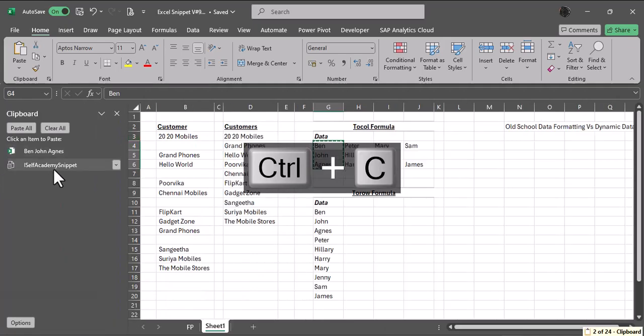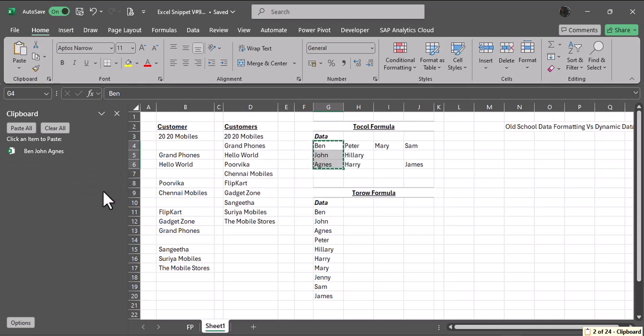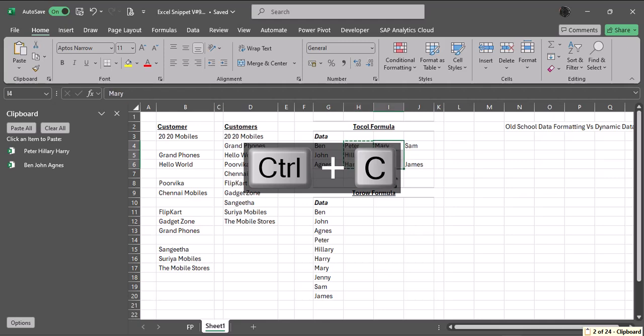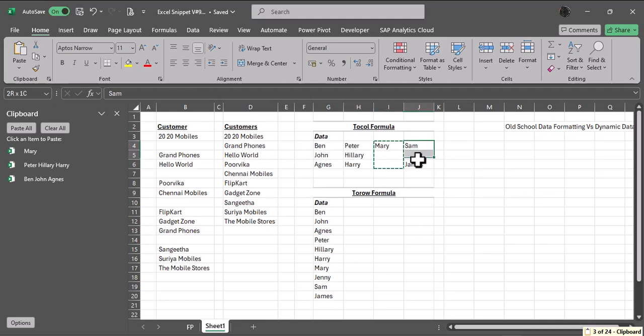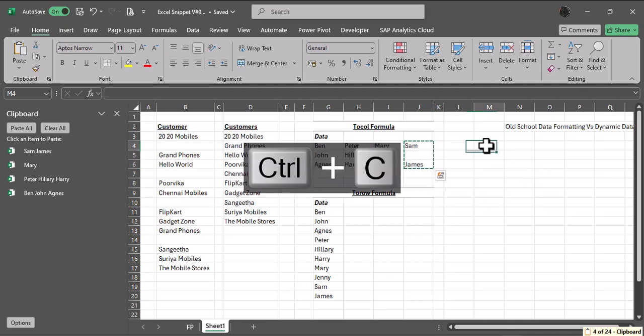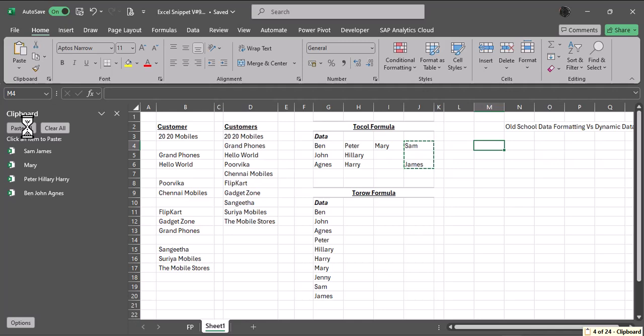That's going to populate in the data set in here, and then I'm going to pick up the next data. I'll say Ctrl+C again. I'm going to pick up the data similarly in the pattern, Ctrl+C, and then I'm going to pick this data in the same pattern, Ctrl+C. Now I'll place the cursor wherever I want, and then when I hit a paste all button, that's going to